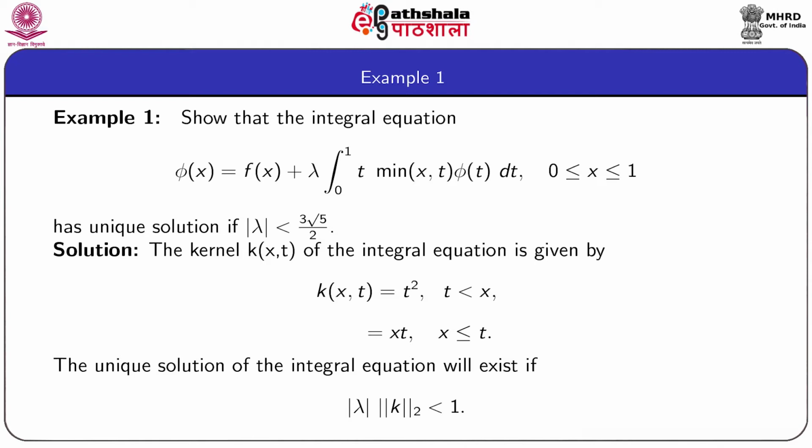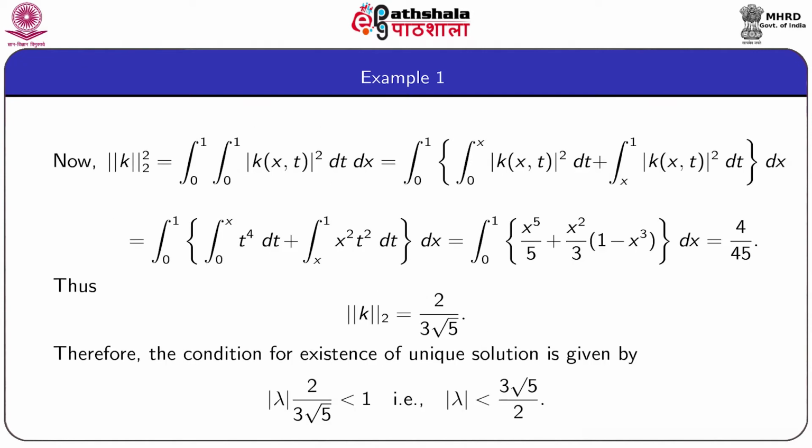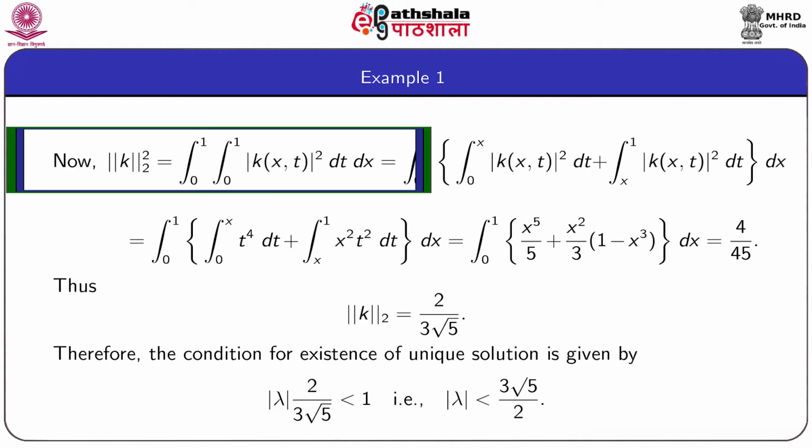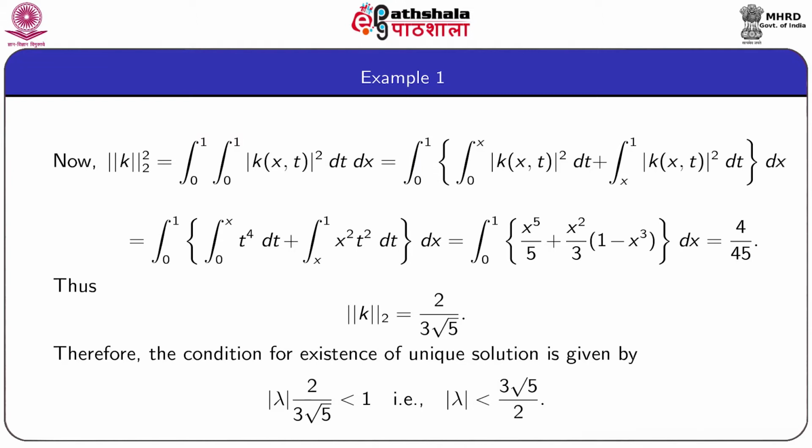Now, the unique solution of this integral equation will exist if the condition 3.88, that is |lambda| into norm of k2 is less than 1. So, we find the norm of k2. This is given by norm of k2 square is double integral |k(x,t)|^2 dt dx. We break the t integral, that is inner integral, into 0 to x and x to 1,